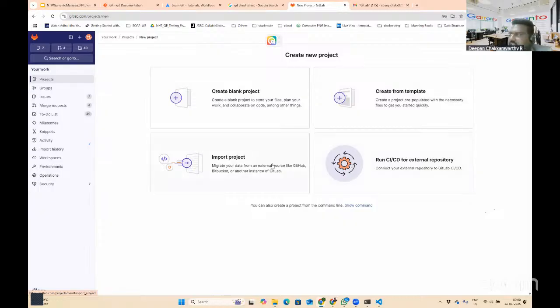For instance, you can see here you can import from other platforms, depending upon your use case. So for instance, I have an account in both GitHub and GitLab. It depends upon the features that they are providing. For instance, sometime back in GitHub, there was a limitation in the number of private repositories that we could have. Now we don't have those restrictions.